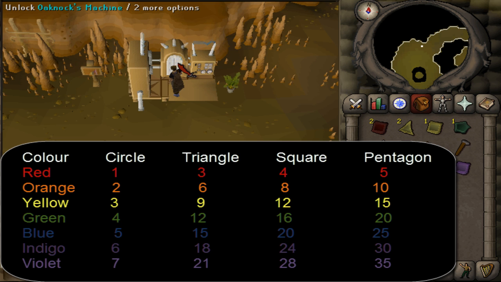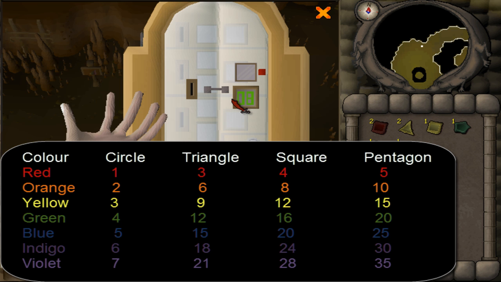crystal or disc. So for example, I have the number 8 and I will need to unlock it by inserting 1 disc because there's only 1 square to unlock it. Now how to get 8 is 2 times 4. The color 2 is orange and it needs 4 sides. You can do it the other way around,